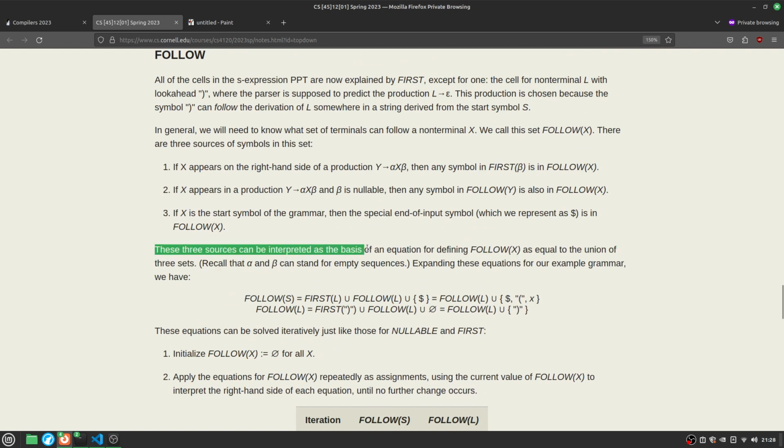These three sources can be interpreted as the basis of an equation for defining follow X as equal to the union of three sets. Alpha and beta can stand for empty sequences. Expand these equations, for example, for our grammar we have